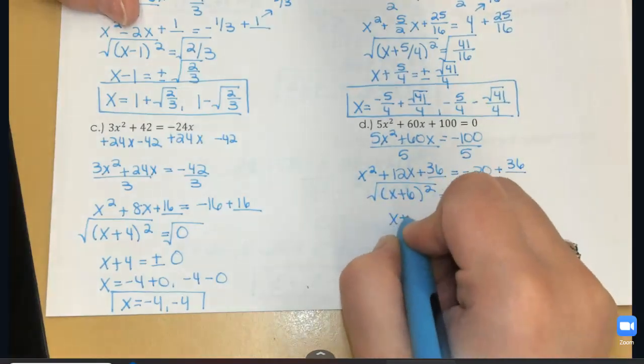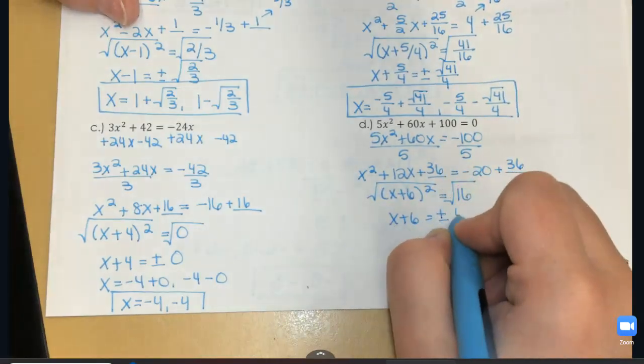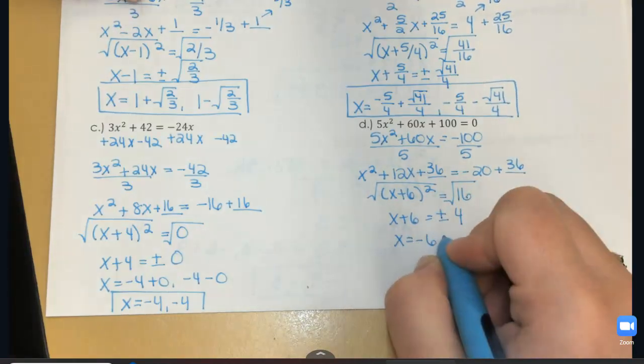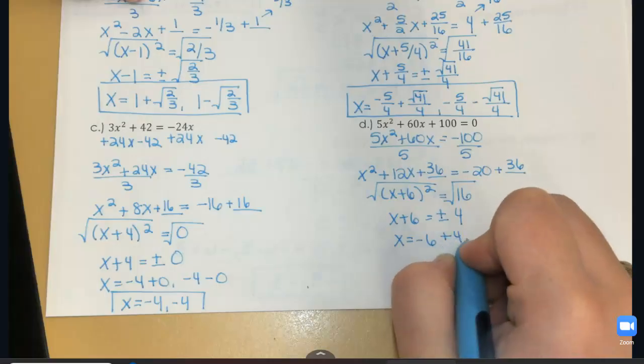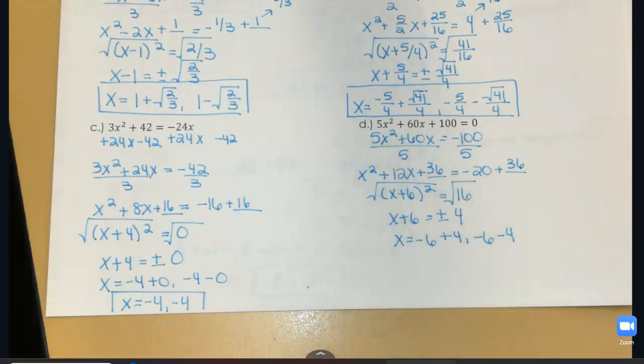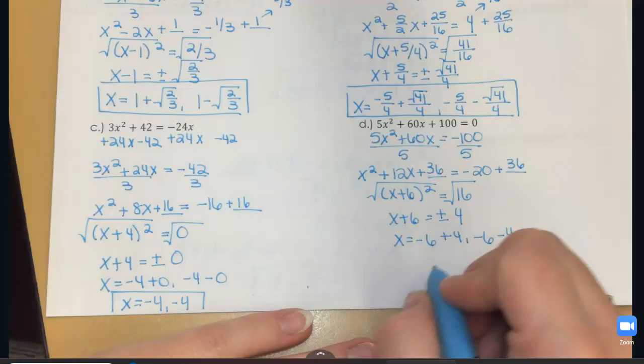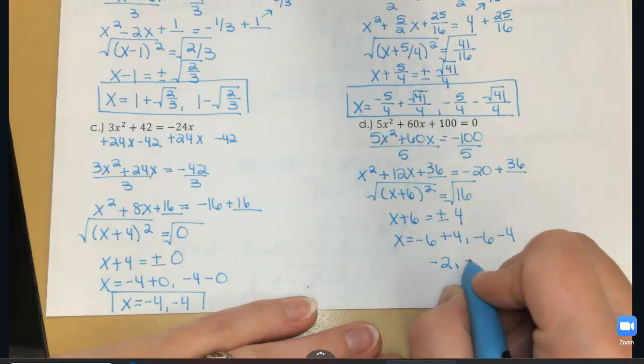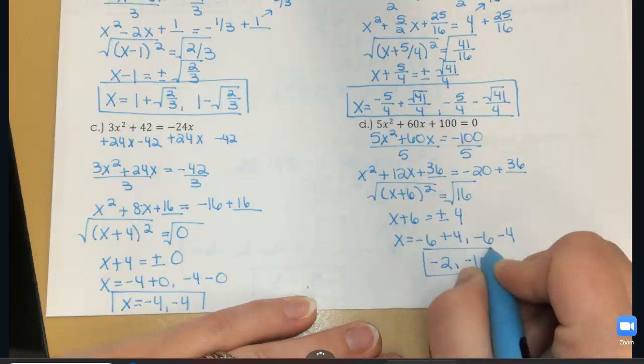Square root both sides, and x plus 6 is going to be plus or minus 4. So now I can subtract 6, and we will have negative 6 plus 4, or negative 6 minus 4. Those are whole numbers, so I can actually do those operations. Negative 6 plus 4 is negative 2. Negative 6 minus 4 is negative 10. And there are my two